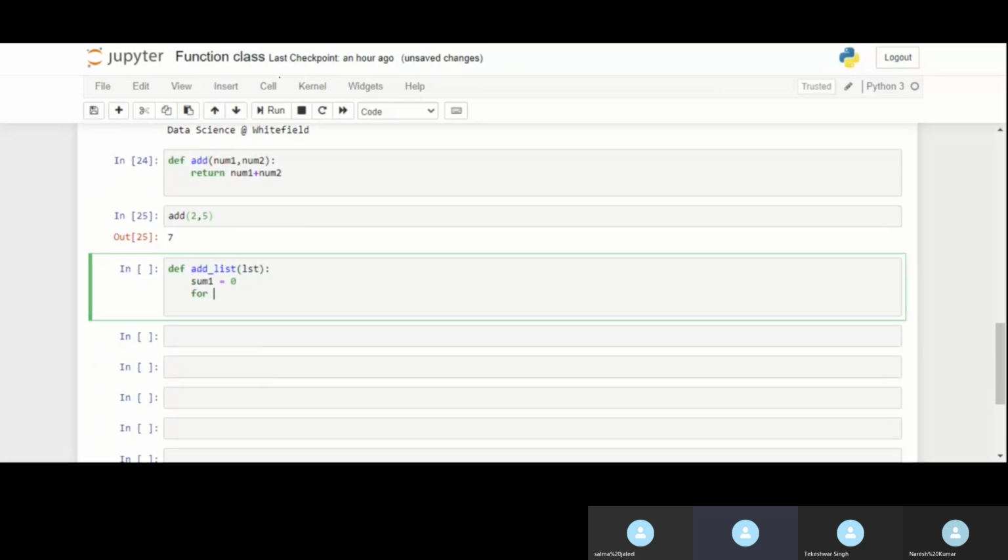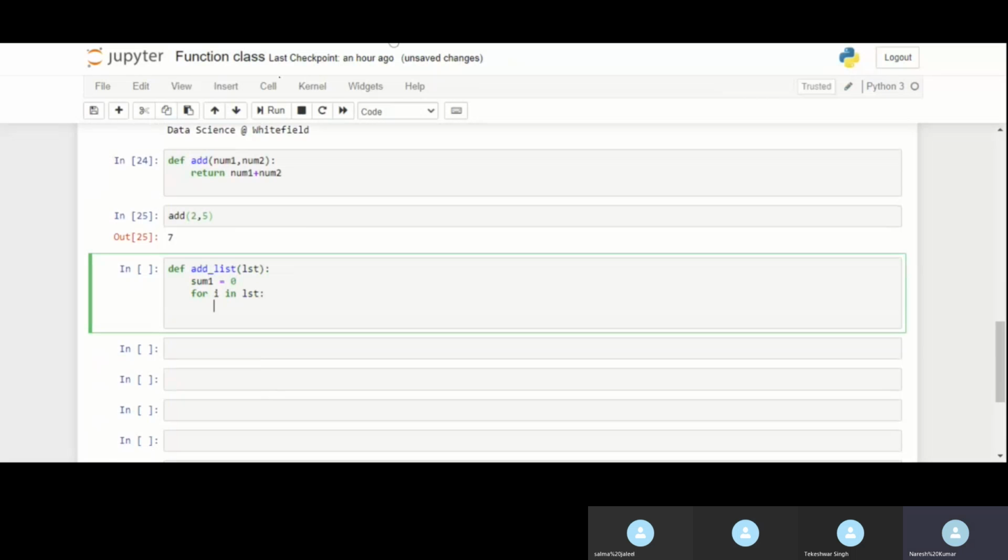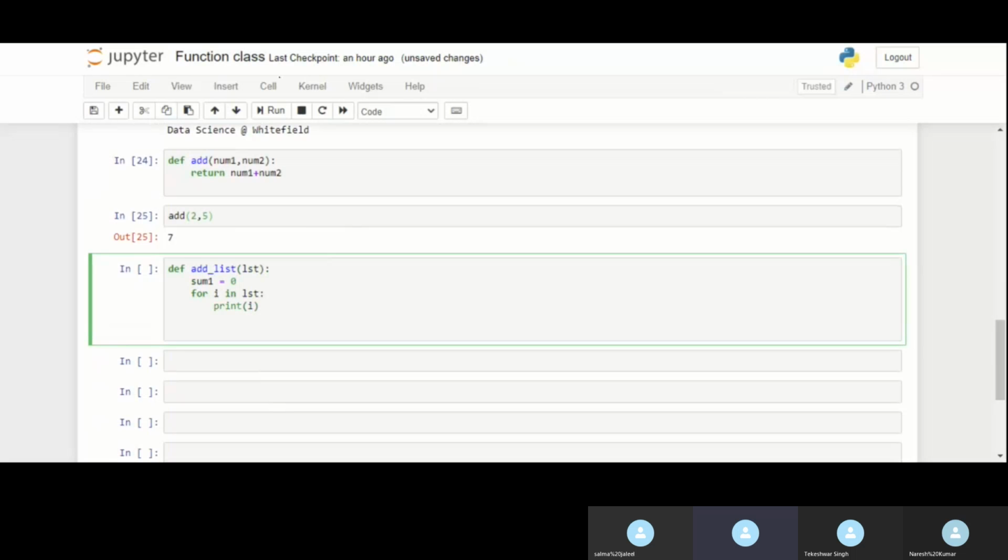And then what I have to do to get the sum? I'm converting it into an integer because sometimes it will change it.